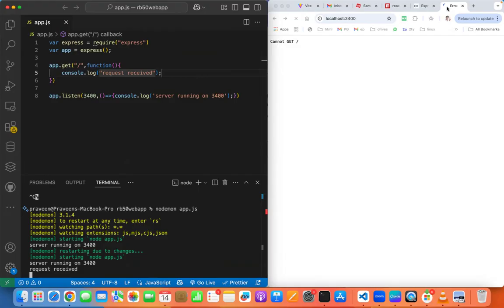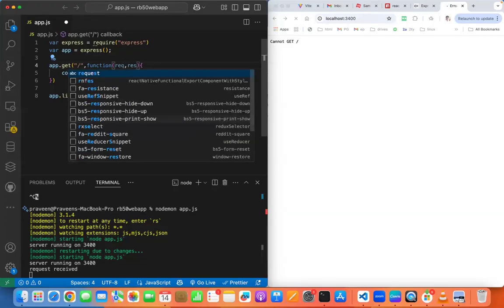In fact, it is not loading. We sent the request and the server also received it, but the server should send the response also, right? Yes or no? It's not only taking time, it is not even sending the response. So my browser is waiting for the server to send the response. What Express does is, whatever request we have received, that entire request will be grouped together to form an object, and that object will be placed in req. So the request will be there in req. And whatever functions you need to send the response,